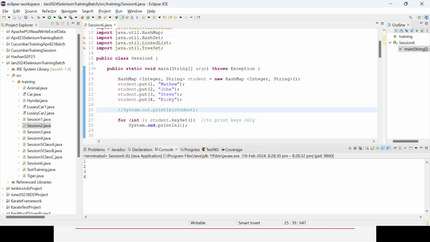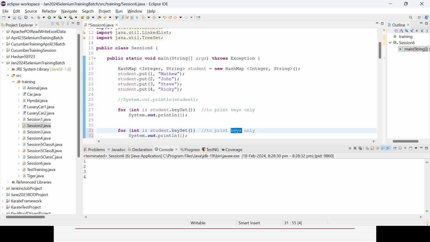You could see 1, 2, 3, 4 is coming. Now if you want to print the values only, because it's a key value pair combination, so what is the value? Value is string,